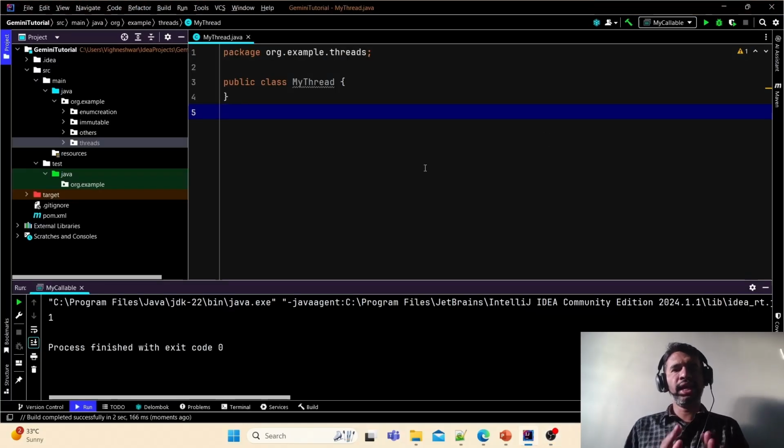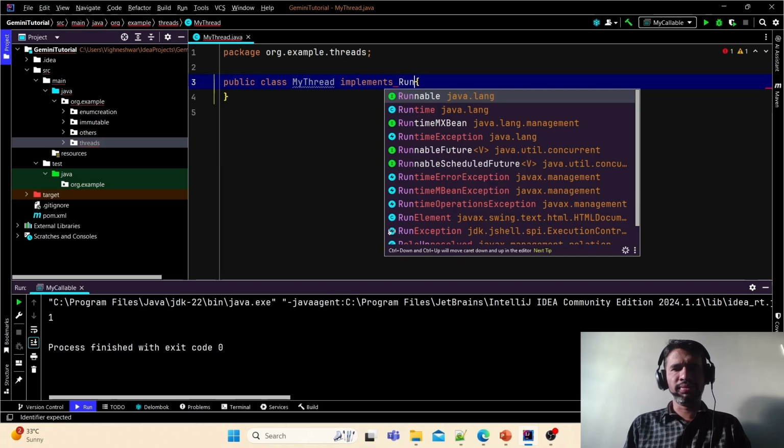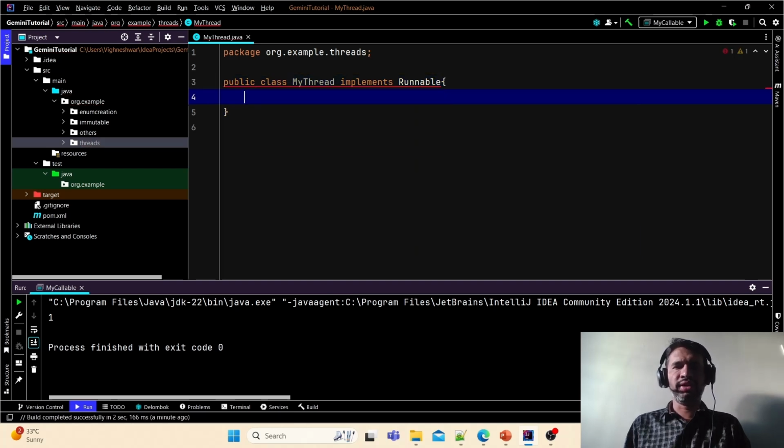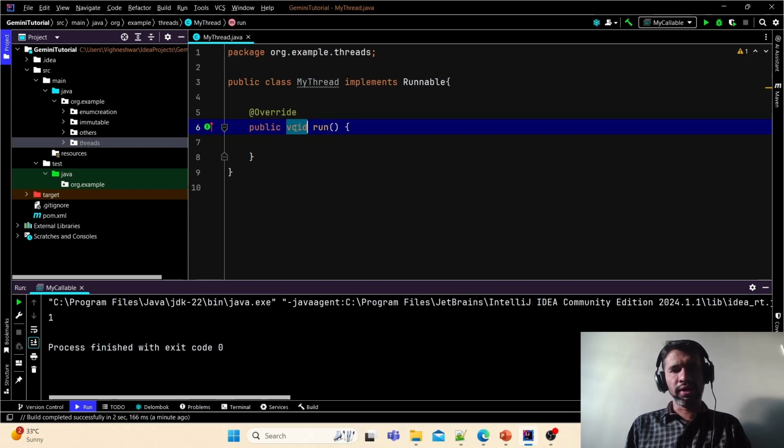So the question is, can a thread return some value? This is an interesting question, okay? So normally what will happen is we have used threads in multiple places, but returning a value, right? That's not a very regular use case. Let's say here, if I implement, you can see the signature is void, which means this can't return anything. So I can't add any return statement here.